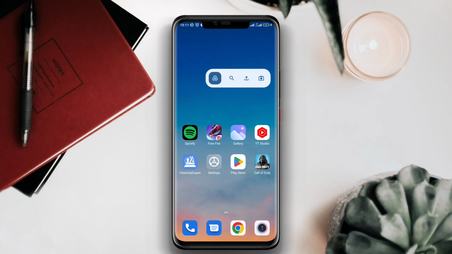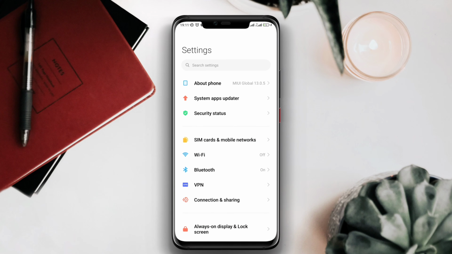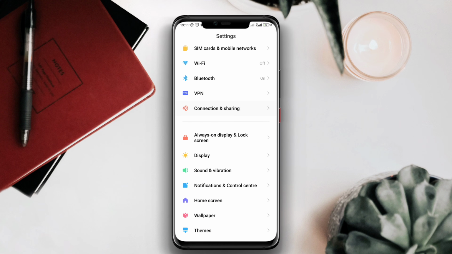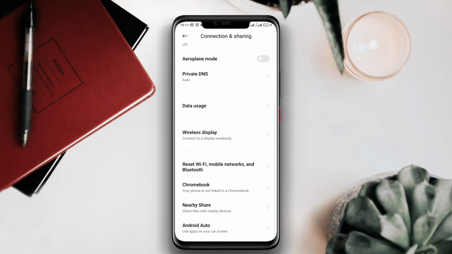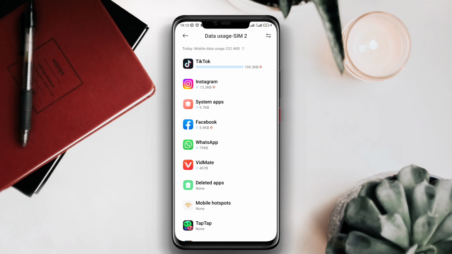After inserting your SIM card, open Settings again. Scroll down to Connection and Sharing. Scroll down, tap Data Usage. Now you need to find out which app you are having issues with. Now you need to check the apps. Now if you find an icon right next to any apps, that means you can't use mobile data for those apps. Now to fix this issue, you need to